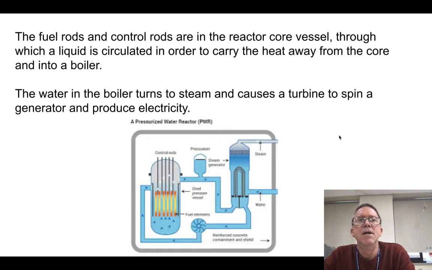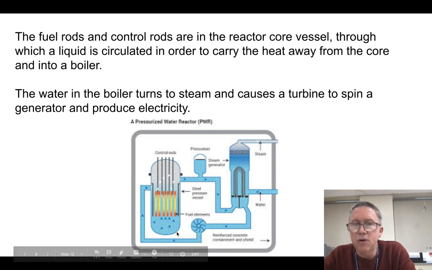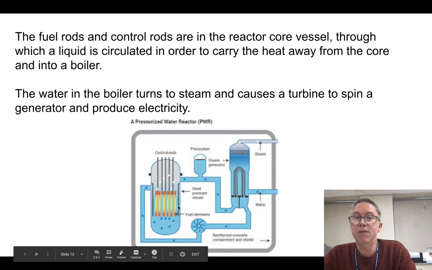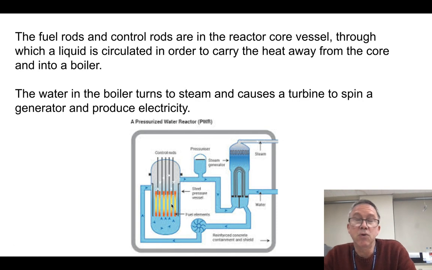Okay. Now, the fuel rods and the control rods, which we see here, are kept together in a thing called the reactor vessel or the reactor core. This is where the action happens. This is where the heat is being given off. This is where nuclear potential energy is being converted into heat energy. And you know what? It's just like any other electrical generation system. We want to make steam in order to turn a turbine. But in this case, instead of burning coal, we're doing it by letting uranium react with other uranium atoms.